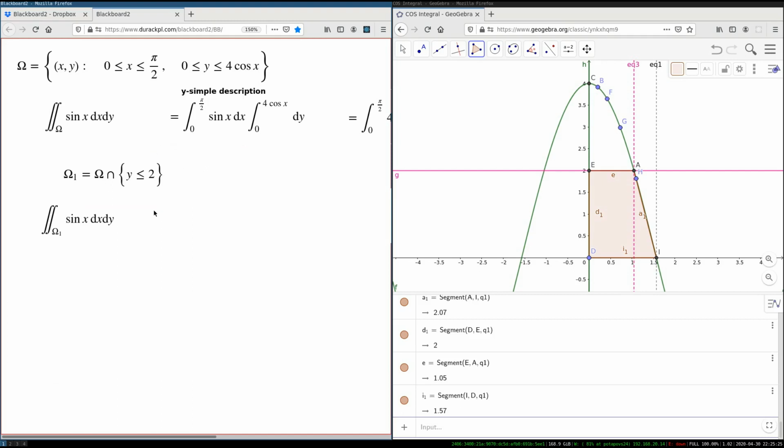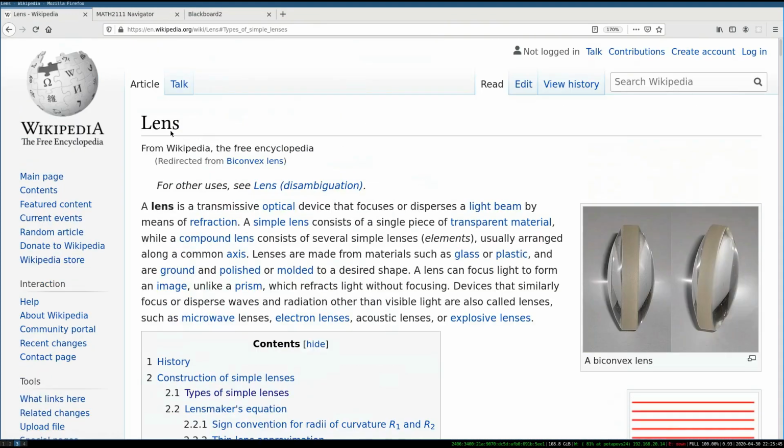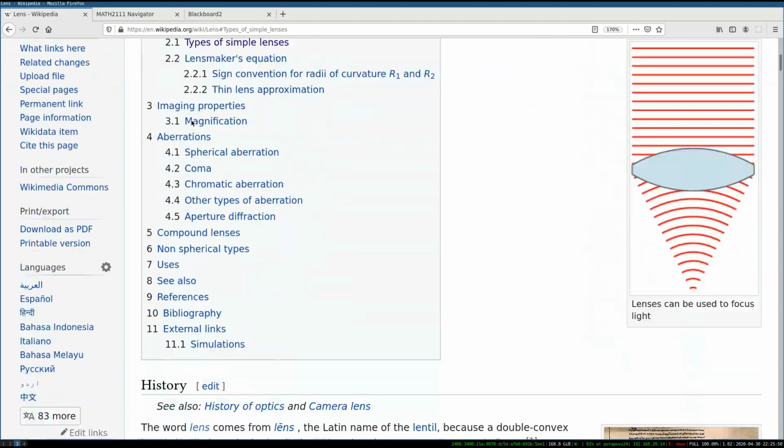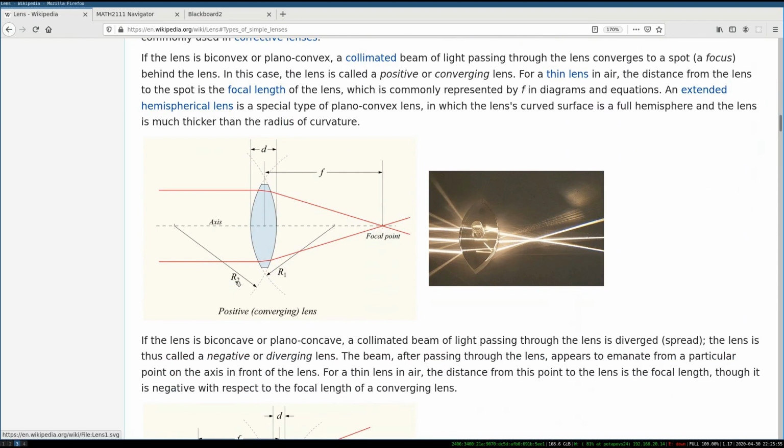At this stage you may wonder why I show so much interest in this integral. One possible answer here is that this integral is directly related to bi-convex lenses. Here it is. Bi-convex lens, this is a Wikipedia page on that. It's a lens which is obtained by the intersection of two spheres. Sometimes these are spheres of different radius, like in here, or often it may be spheres of identical